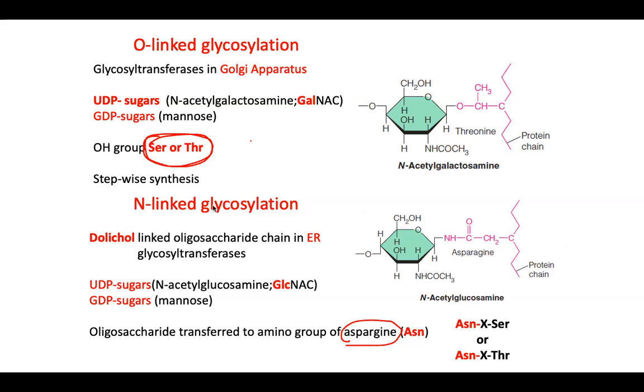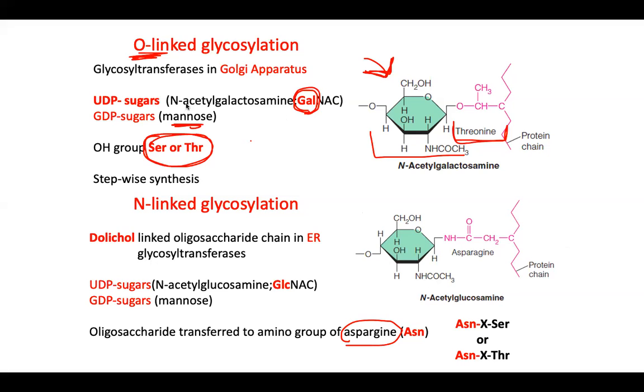It's right over there. The only new concept is that they're telling you, so we talked about serine and threonine as the amino acid. The sugar that they can attach to for O-linked glycosylation can either be mannose or it can be N-acetylgalactosamine. So the sugar that is going to be attached in O-linked glycosylation is either going to be mannose or it's going to be